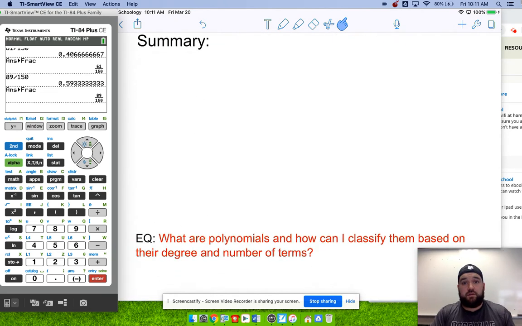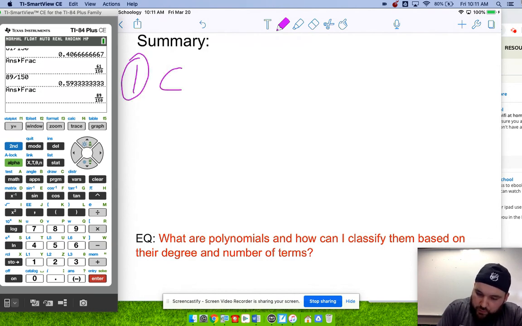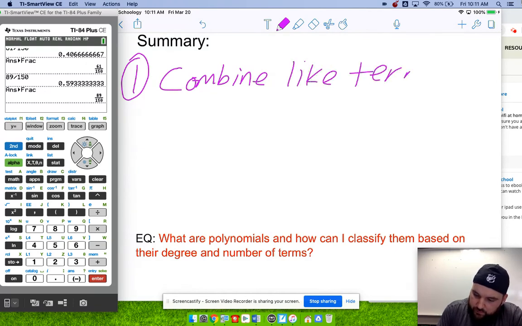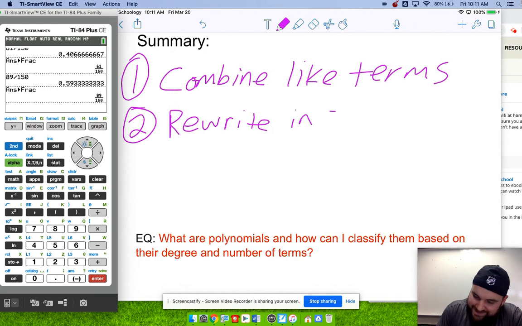So to end every video, we're going to have a summary. Okay, we have an EQ, and the EQ is the essential question, and so we need to answer the essential question. What are polynomials, and how can I classify them based on their degree and number of terms? So what I'm going to do here is I'm going to say, first of all, we want to combine like terms. Okay, that is always going to be our first step. Number 2, after we combine like terms, is to rewrite in standard form,